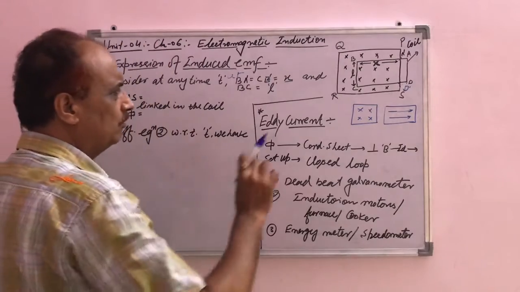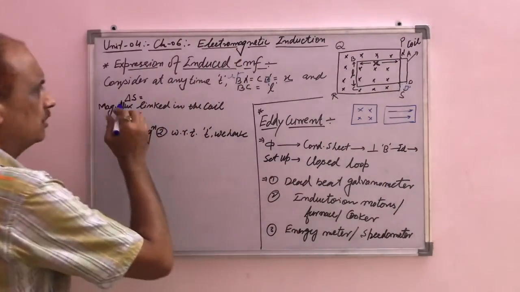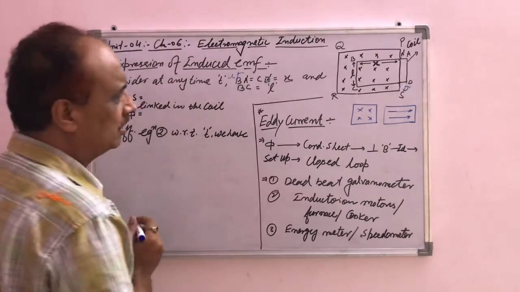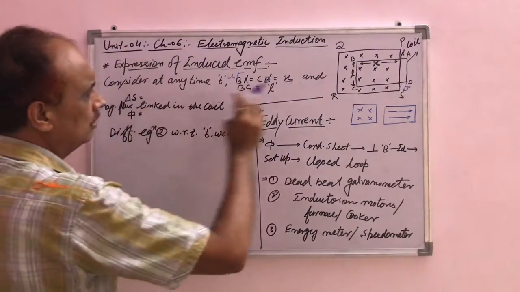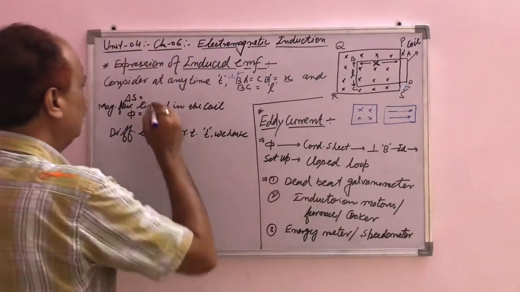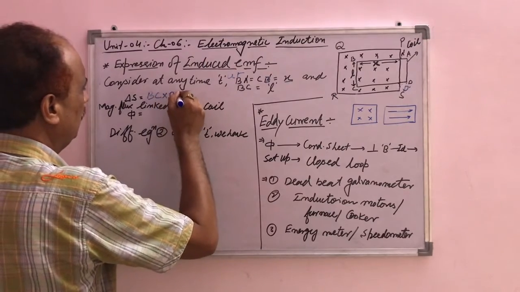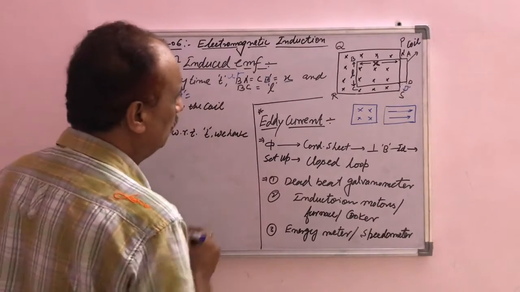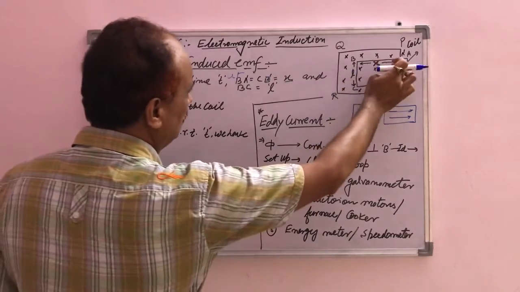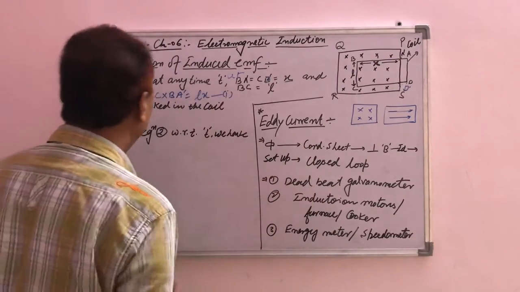So we have to find out how much area is inside the magnetic field. Suppose delta S is the area inside the magnetic field. It is equal to the multiplication of the side BC into BA'. Since BC equals L and BA' equals x, it is equal to Lx, equation number 1.